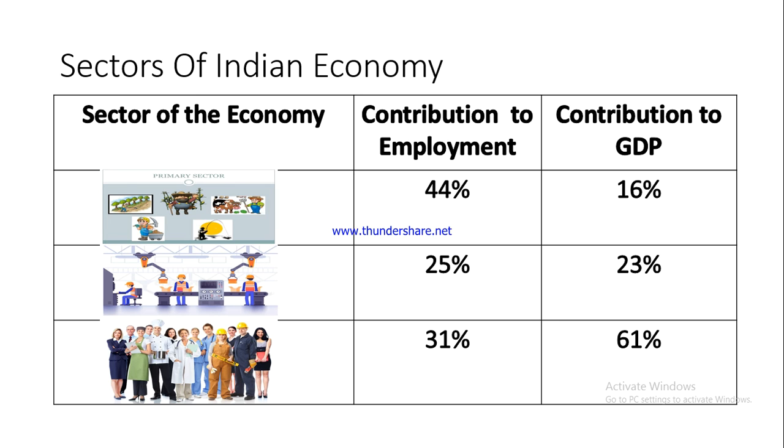Most of the people who are engaged in the primary sector would be engaged in cultivation, and their contribution to GDP is only around 16%. This means their productivity is very, very low with respect to the services and the manufacturing sector. Moreover, since the productivity is low, their output levels are low, the value of their contribution to the GDP is low, and their remuneration would also remain low when compared to manufacturing or the